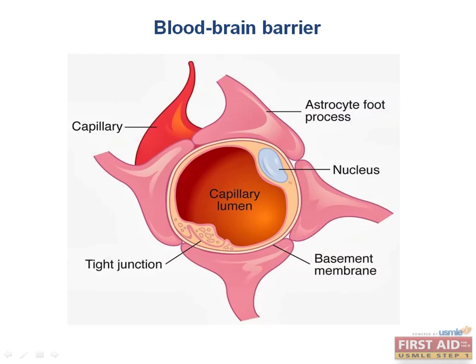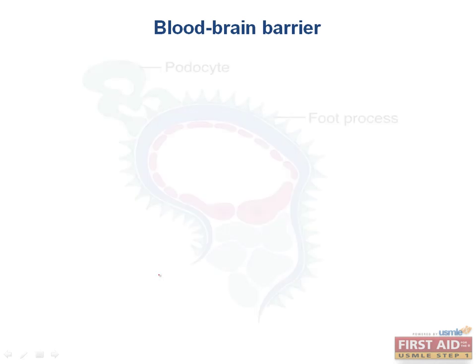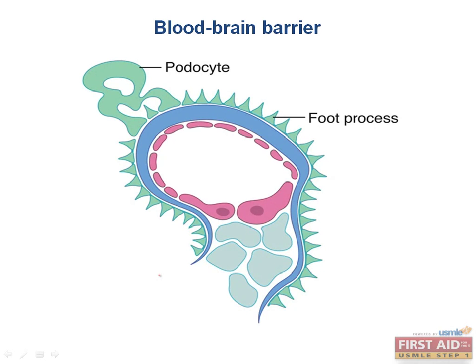The blood-brain barrier is a tight endothelial layer that prevents most large water-soluble substances from entering the brain milieu. As I mentioned earlier, it is composed of a layer of endothelial cells along the vasculature with tight junctions. Surrounding the endothelial layer, there is a basement membrane, and astrocytes form foot processes surrounding the basement membrane in order to further support the barrier. Now, does this sound like any other filtration system in the body? Well, of course it does, or I wouldn't have asked the question. It sounds just like the glomerulus, which contains an endothelial layer, a basement membrane, and podocyte foot processes.